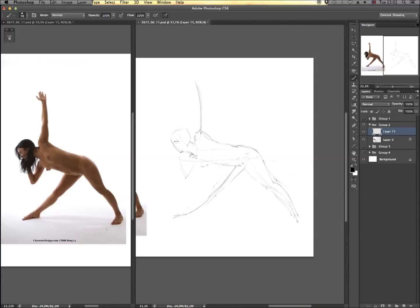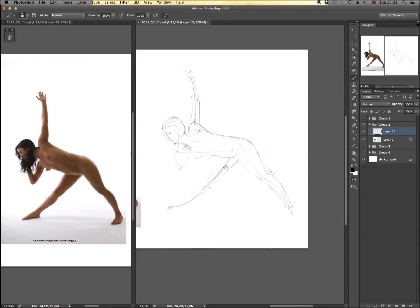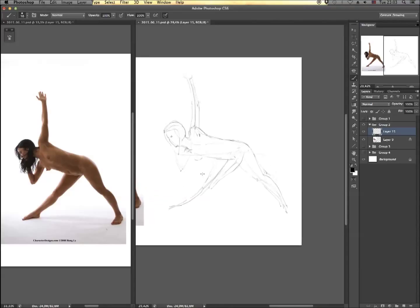Guys, when you do gesture drawings, it's really important to draw both male and female models, because the characters you will be drawing will be both male and female. Male and female bodies are similar, of course, because we're all humans and have legs and arms. But female figures are more flexible than men's. That's why always pay attention to how curvy the figures of women are, and how soft the angles are,